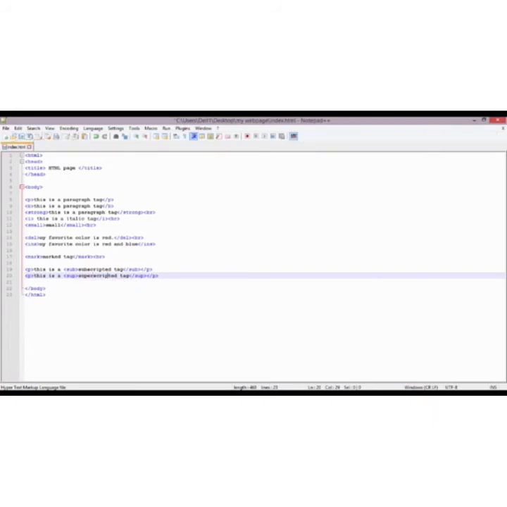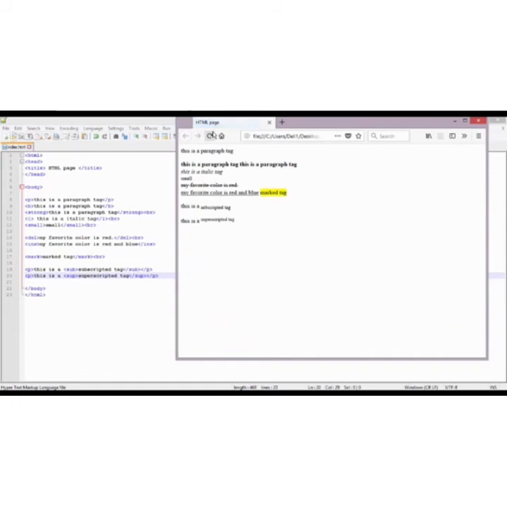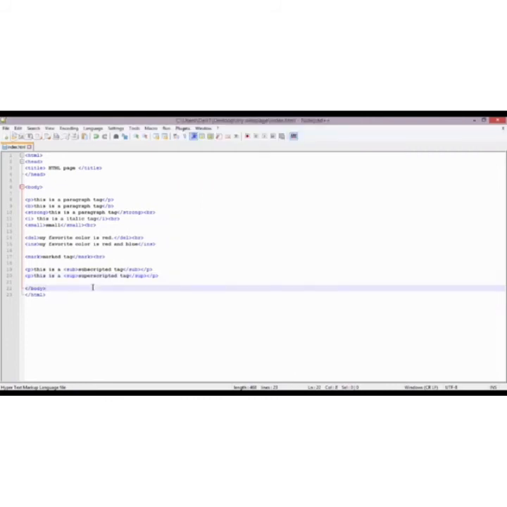Save the changes and refresh your browser. This is a superscripted tag. Now we have used the BR element to define a line break in our HTML text. Now the BR tag is an empty tag, which means that it has no end tag.